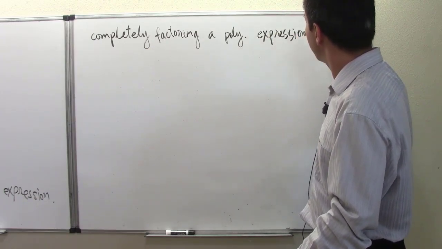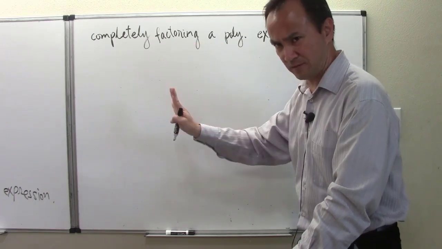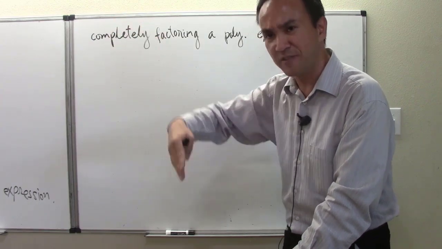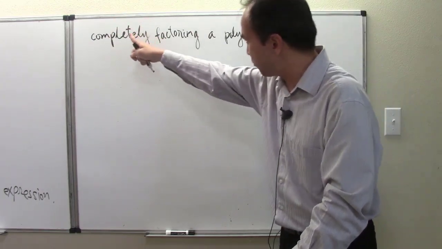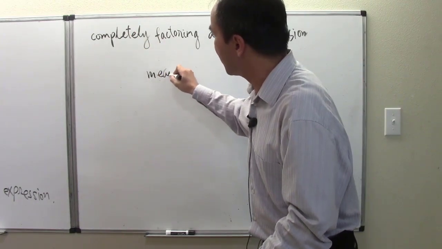So this is one term how we've been commonly saying it. Let's completely factor an expression. So completely factoring a polynomial expression means the same as